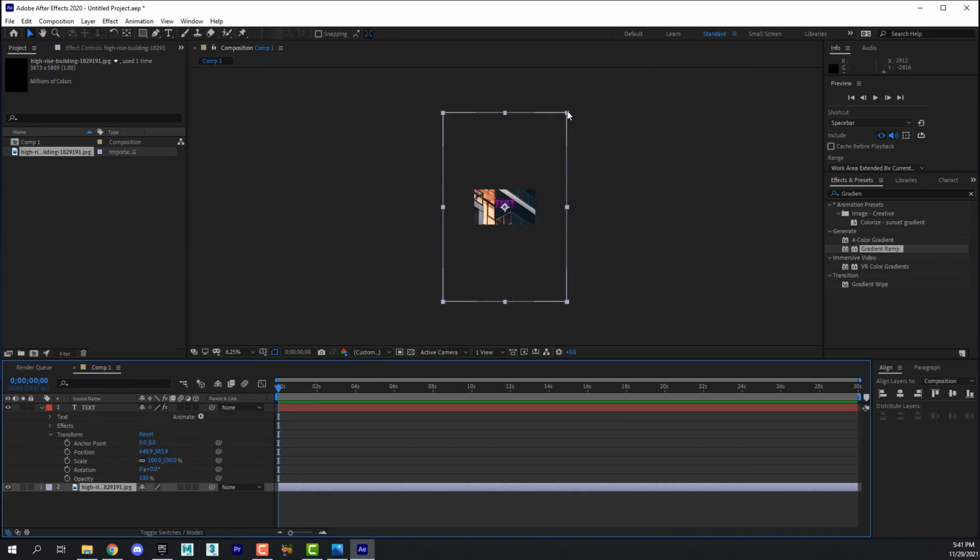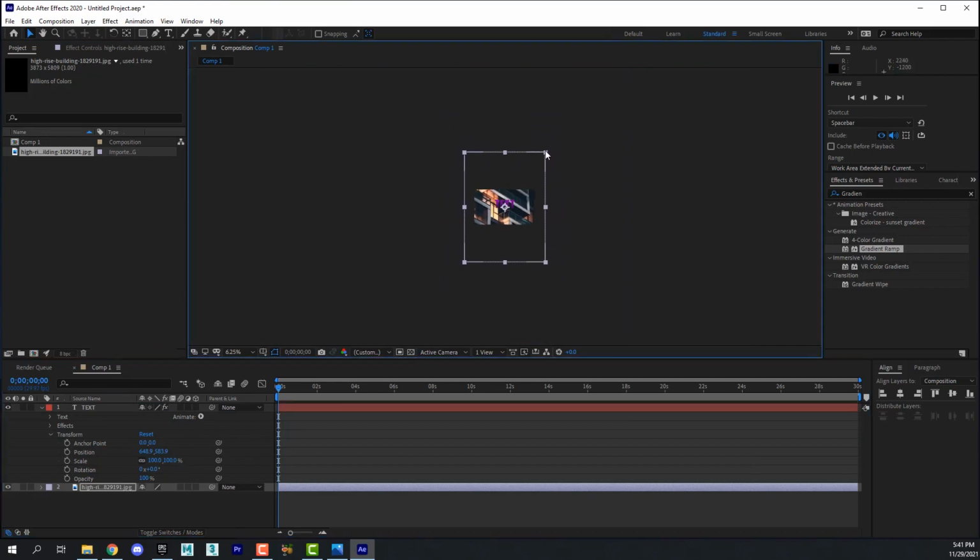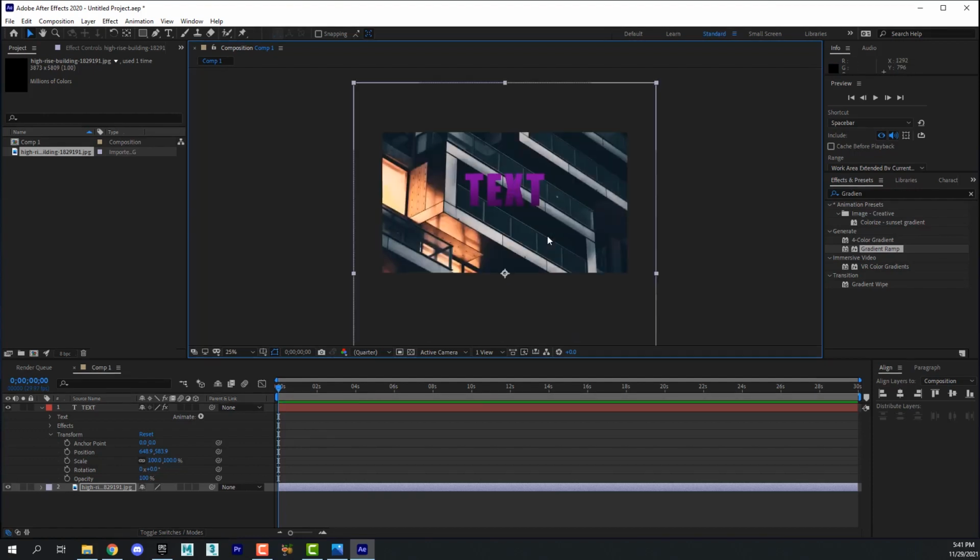And then I'm going to zoom out, and you can clearly see that it's a different scale. So I'm just going to kind of scale it up a little bit and maybe move it. And then I'm going to zoom back in,